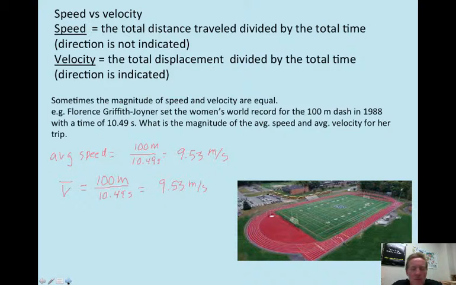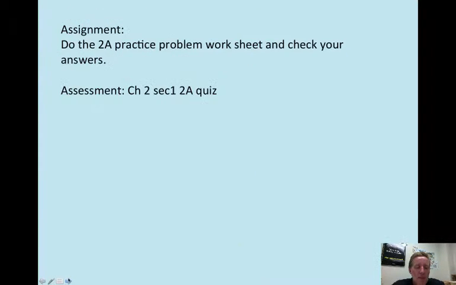Most of the time, the problems that we will do will be just straight line types of things. We won't try to be tricky about it. But there will be occasions where I will throw those kinds of things at you, to test your knowledge and test that you can distinguish between the two. Anyway, I think that's pretty much it for this